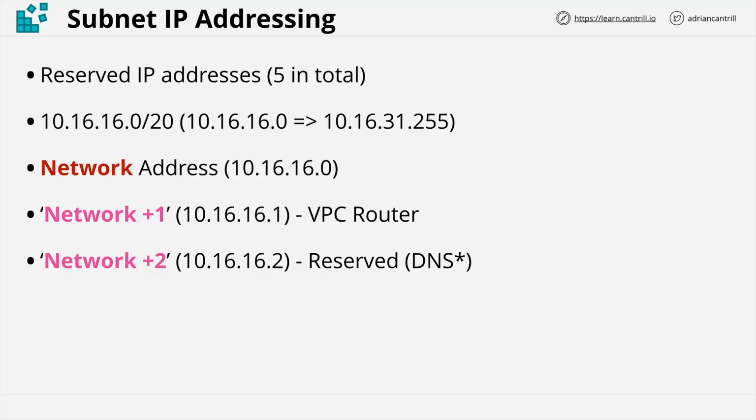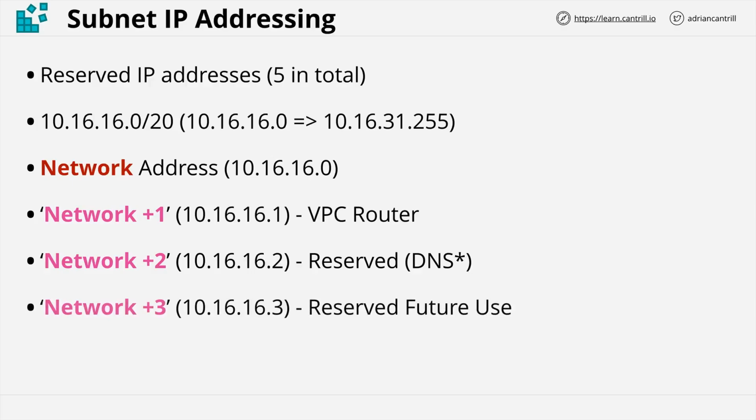And there's one more AWS specific address that you can't use, and you guessed it, it's the network plus three address. This doesn't have a use yet, it's reserved for future requirements, and this is the network plus three, in this example